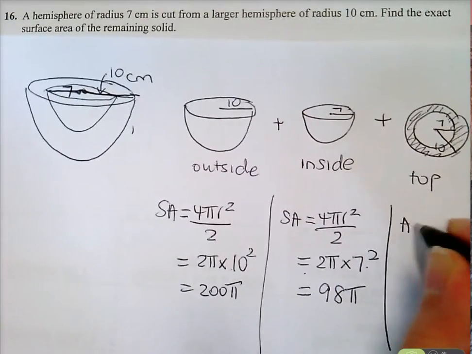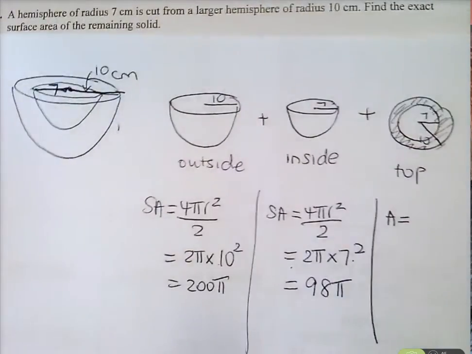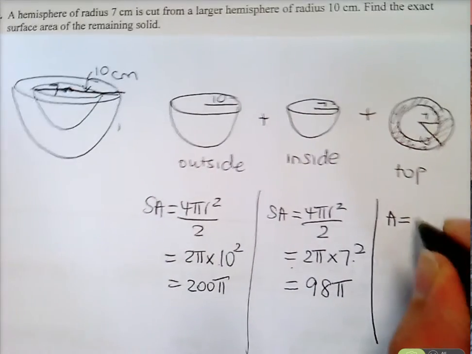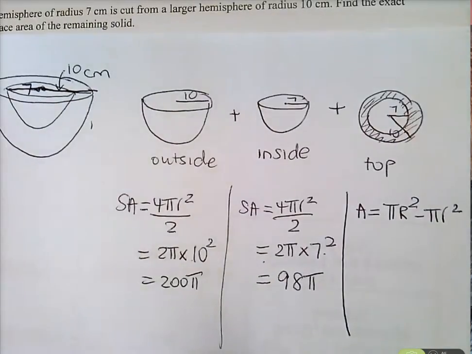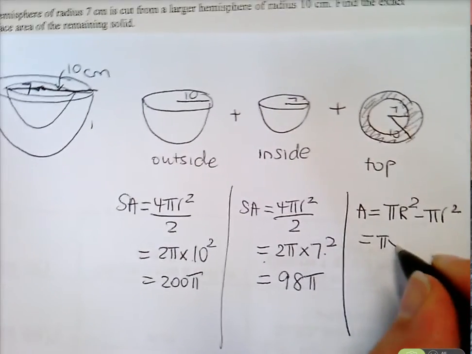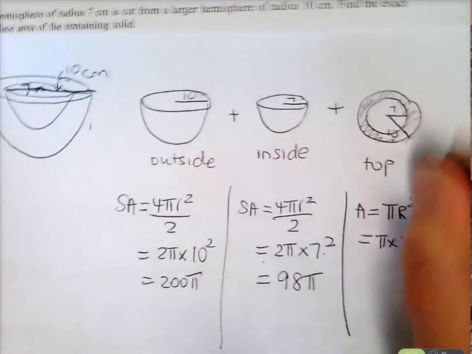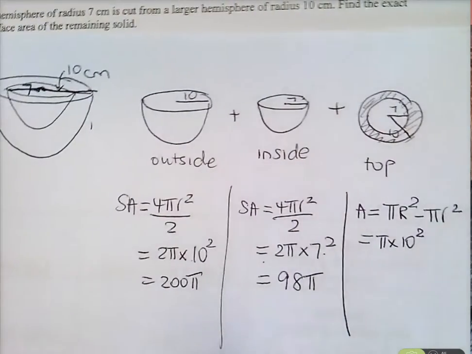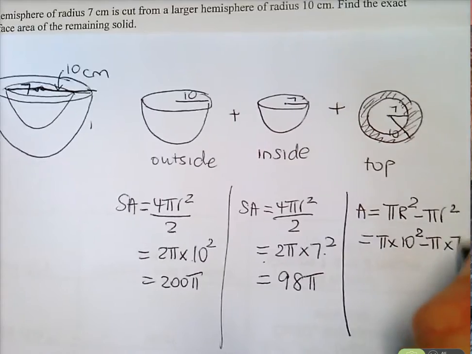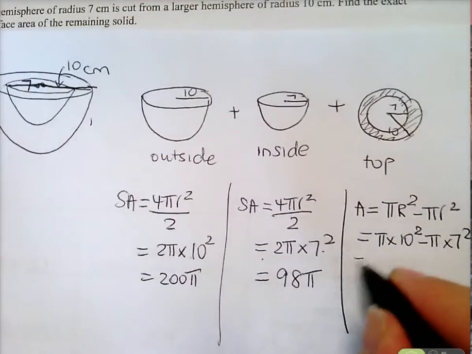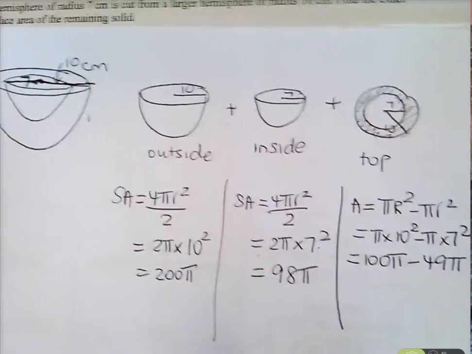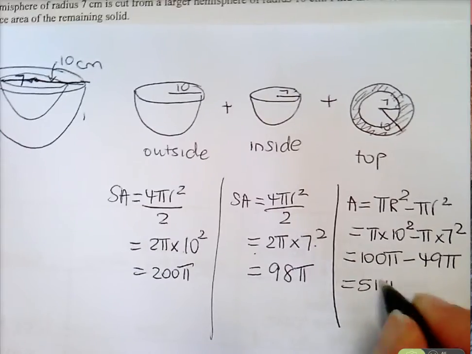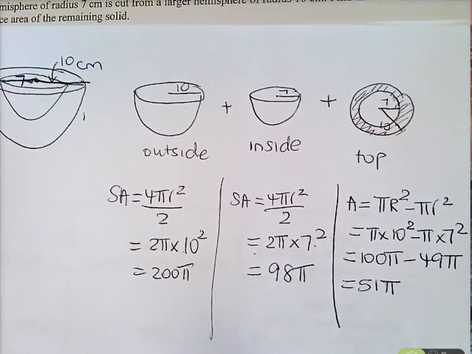The top of the bowl area, I'm just going to put area, is what? Big circle minus little one. Pi r squared minus pi r squared. In other words, big circle minus little one. Pi times 10 squared is the big circle. Cut out the little one and you're left with the rim, minus pi times 7 squared. What's that? 100 pi minus 49 pi is 51 pi. So therefore, I have 3 surfaces that I add together as you saw